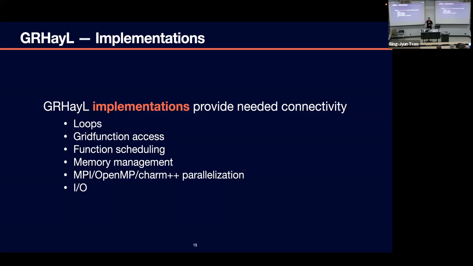GRHayL does some simple I/O for error reporting, but it will not checkpoint anything for you. In doing so, we really extracted all of the complicated parts of GRMHD code into an easy-to-use library. The computer science difficulties that come with all of these things are left to the developer of the infrastructure, and it allows new users to focus only on the physics part of the code and not on any of these complications.